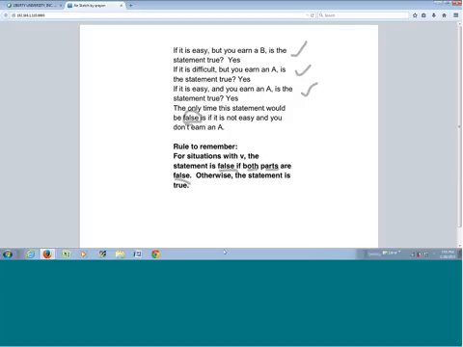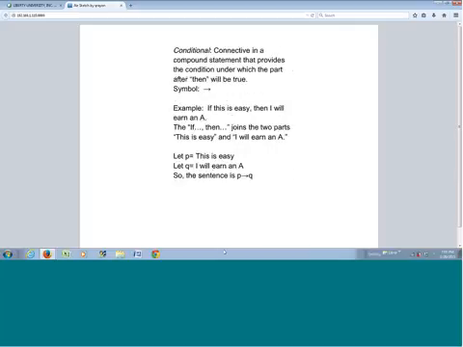So for the disjunction, now we have a rule. Let's move on to another symbol. The conditional is a connective in a compound statement that provides the condition under which the part after then will be true. It's called a conditional